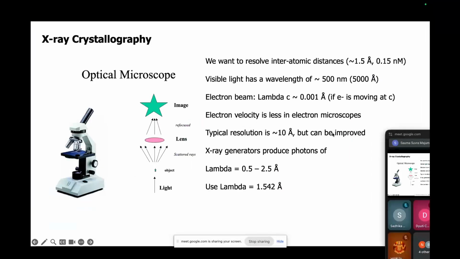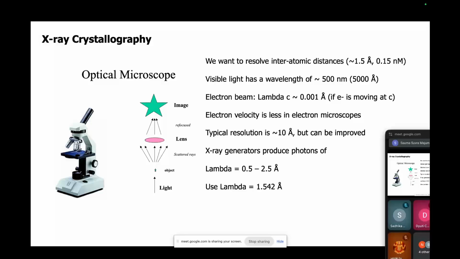So at our level, what we are trying to do is basically find the structure of the protein, right? So we want to resolve interatomic distances, which are of the order of 1 to 1.5 angstrom, and visible light is around a wavelength of 500 nanometers. So if you use an electron beam with lambda close to around 0.001 angstrom, which is quite low compared to the wavelength of visible light,